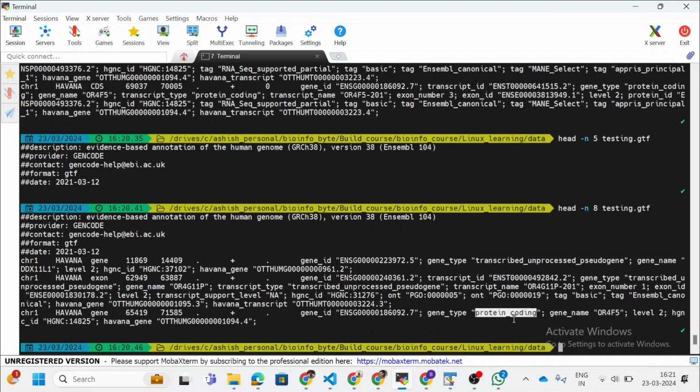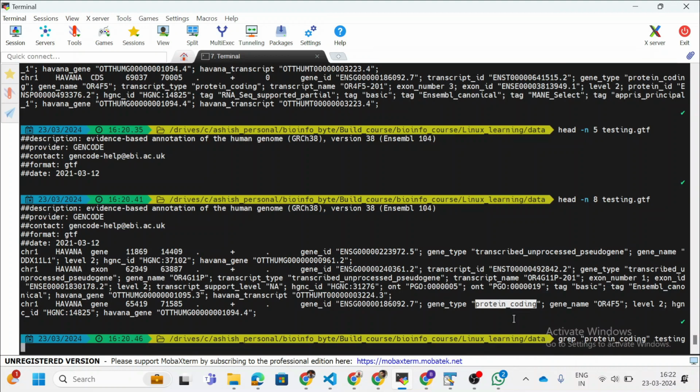I can simply do grep protein_coding and give the file name testing.gtf.